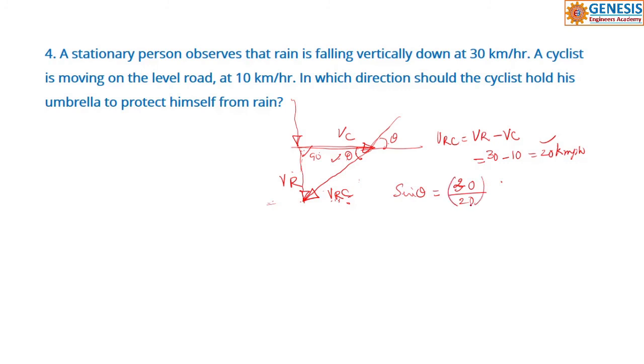So, how much is it? It is 1.5. But the sin theta value should not be more than 1. The max value of sin theta is at 90. You got my point? So, this will be wrong. So, what should I use instead? This should be less. Can you give me the answer? I used it straight away.